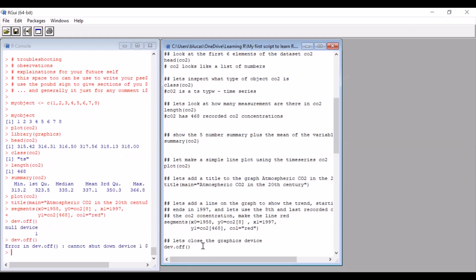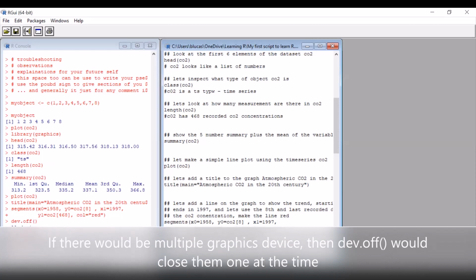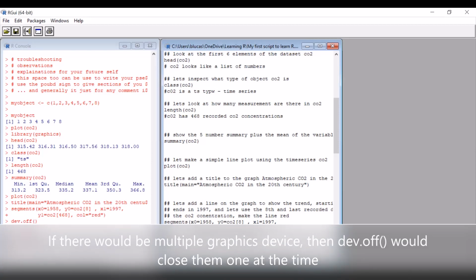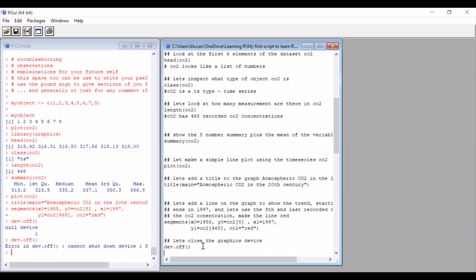And I like to execute it a couple of times just to make sure that there is not some stray graphics device that's open somewhere in the computer, which you might not see on the screen because not all graphics devices are visible on the screen. And so after you do that, now you are ready to create your plot on a graphics device that will save into a document,